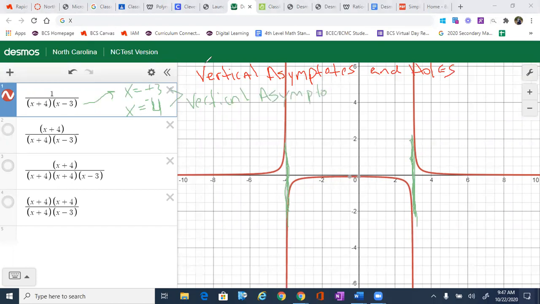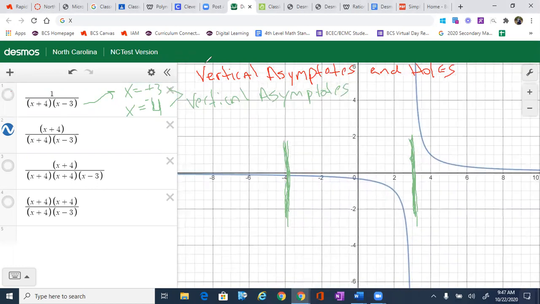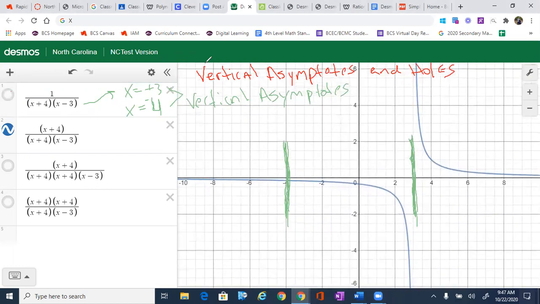And the reason why is, well, they separate the graph. There's a distinct, defined break in the graph vertically at those values. So now let's look at the next one and see what happens there. I'm going to turn that one off, and let's turn this one on. Now, what you're going to notice is that x equals 3 is still a vertical asymptote, but in this case,